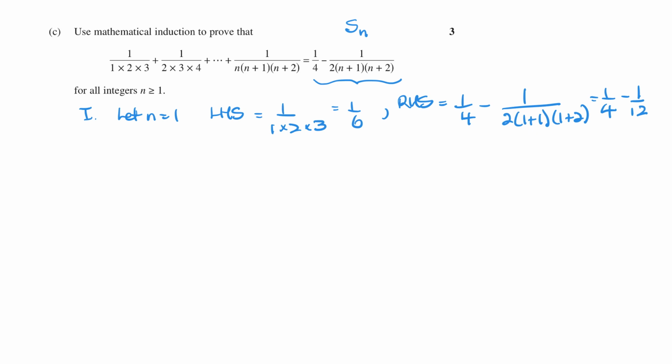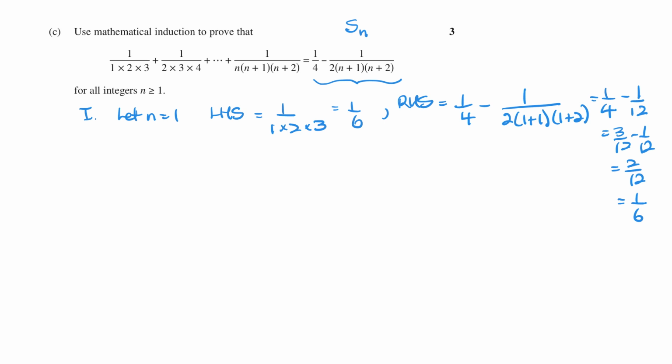And 1/4 minus 1/12 is 3/12 minus 1/12, which is 2/12, which is 1/6. So we could have put all that in the calculator, but the main thing is that we've proved it for